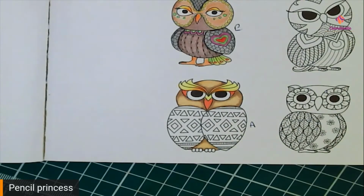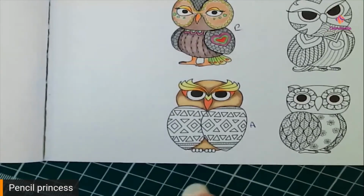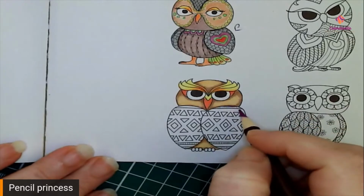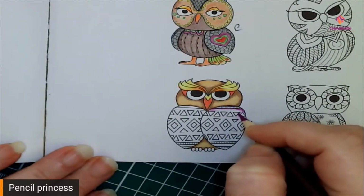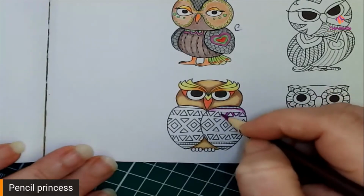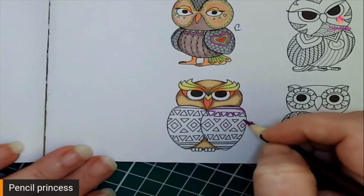All right, let's see what color is this one. This one is the raspberry, and we're going to sharpen it. And like I said, the raspberry and the magenta are very, very close together. This does seem to be a bit darker than the magenta was. So we're just going to use it for outline here and shadow areas. And of course, since this isn't really a realistic kind of owl, you don't really need to put the shadow areas in, but